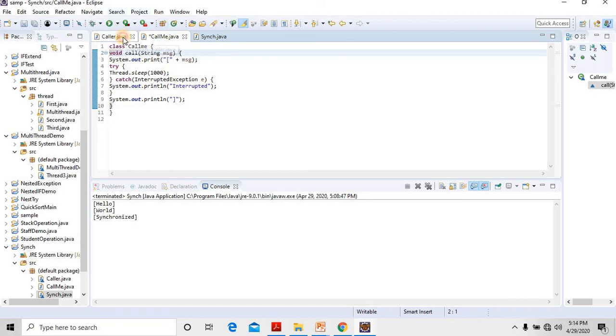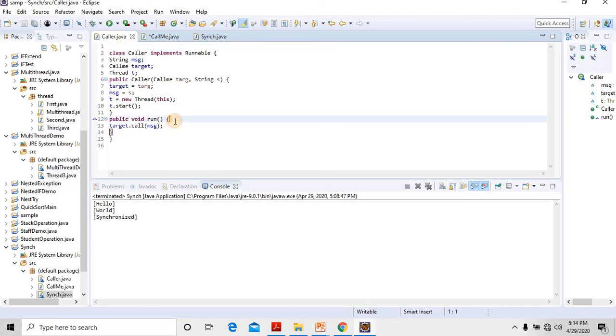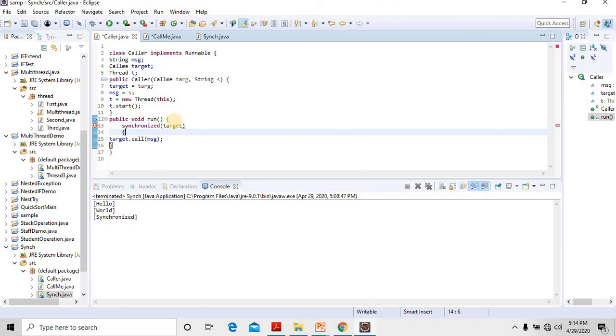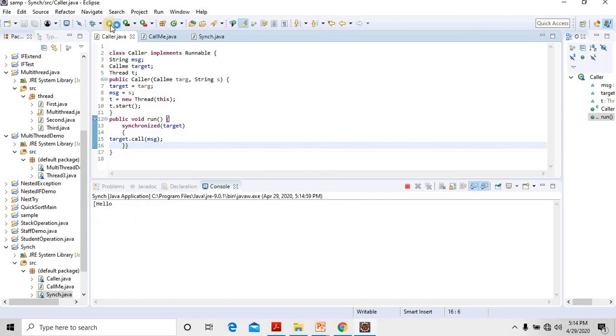Inside the call method, what you have to do is create a synchronized block, right? Synchronized block you have to create. Take the parameter target. Close. Correct. Save it. Now we will run it and see.